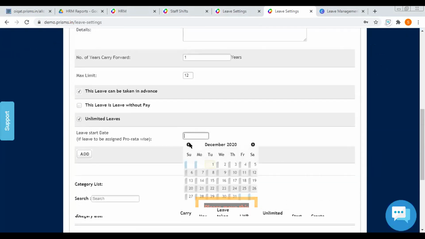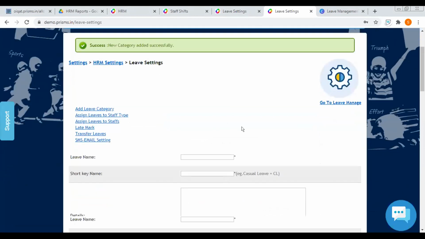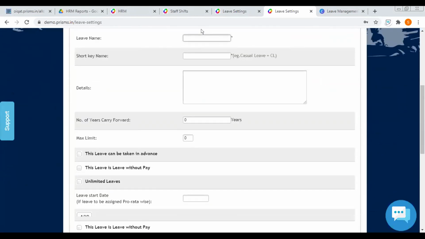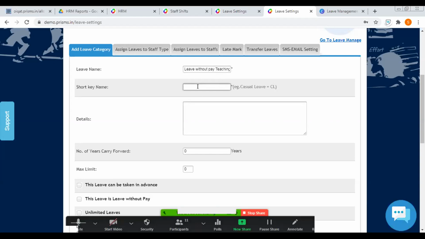And leave start date. And the third type of leave is usually leave without pay. Usually these are common for all the staff types, but if you want, you can make it staff wise also.